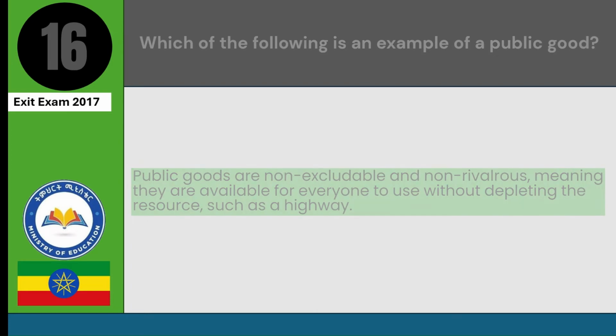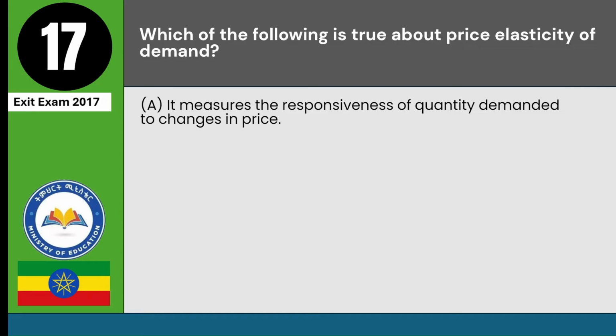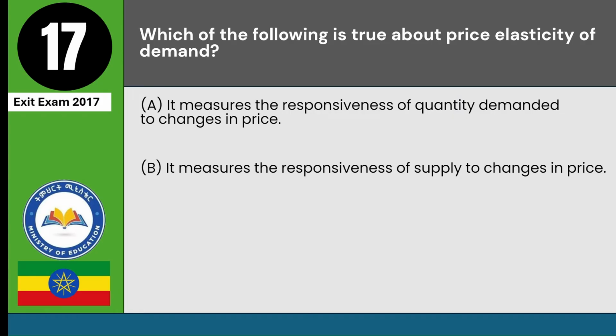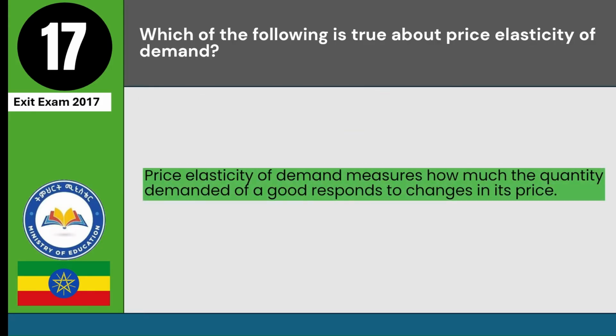a highway. Which of the following is true about price elasticity of demand? A. It measures the responsiveness of quantity demanded to changes in price. B. It measures the responsiveness of supply to changes in price. C. It is always greater than 1. D. It does not affect total revenue. Answer A. Price elasticity of demand measures how much the quantity demanded of a good responds to changes in its